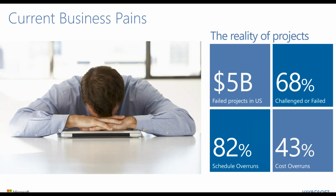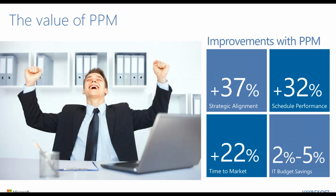Now, if we think about the current state of the project management marketplace, the reality of projects is we still have a lot of work to do. Estimates say that there's over $5 billion in failed projects in the US alone, that 68% of projects can be classified as either challenged or failed in their characterization. 82% of projects have schedule overruns, and 43% of projects have cost overruns. Definitely numbers that don't make you pound your chest and say, wow, we've really got this thing nailed down. Now, when people put PPM solutions in place in general, irrespective of how it's deployed,